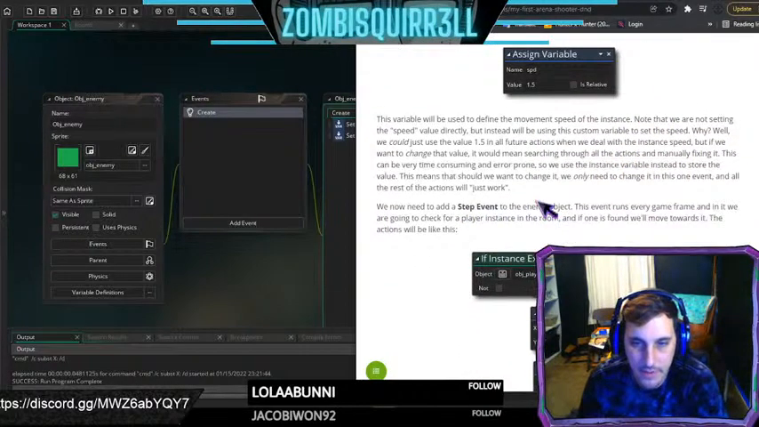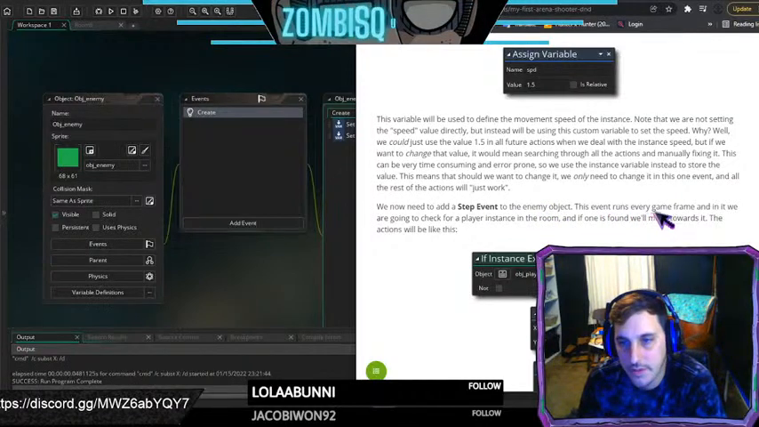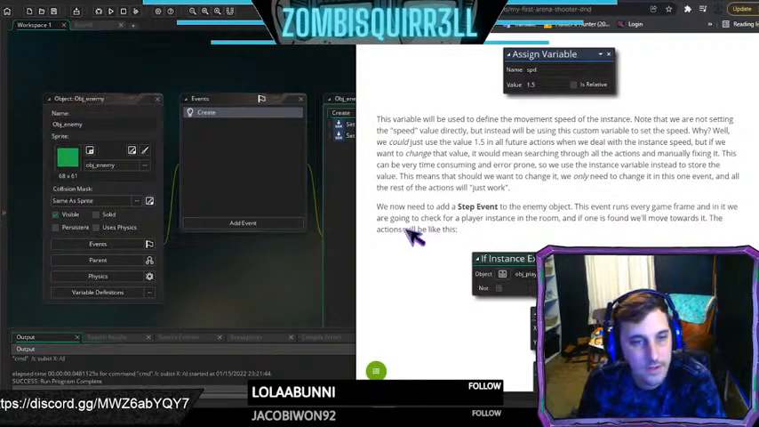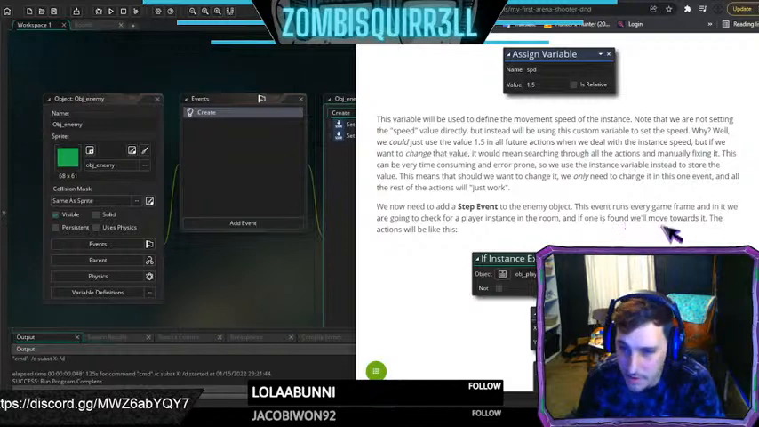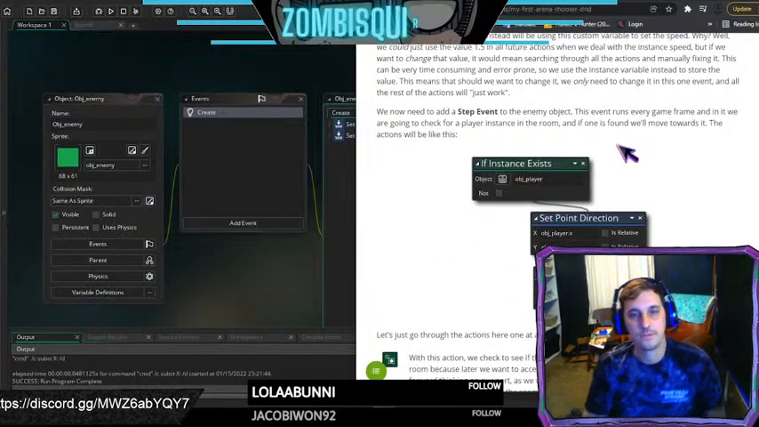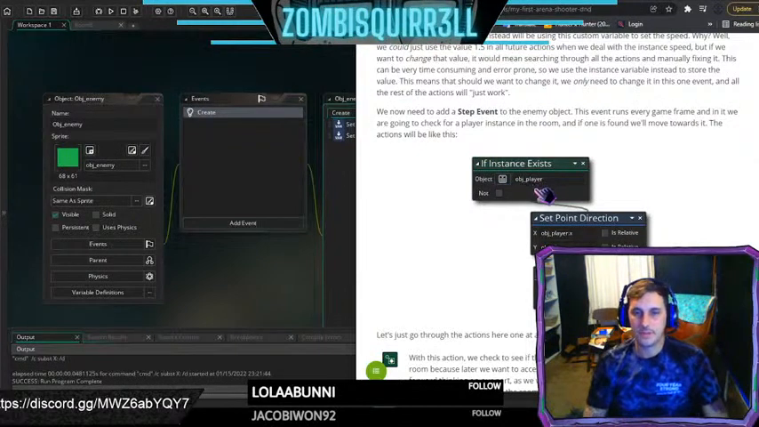We need to add a step event to the enemy object. The event runs every game frame. And we are going to check for player instance in the room. If one is found, we'll move towards it. Actions will be like this. Okay, so if instance of exists,